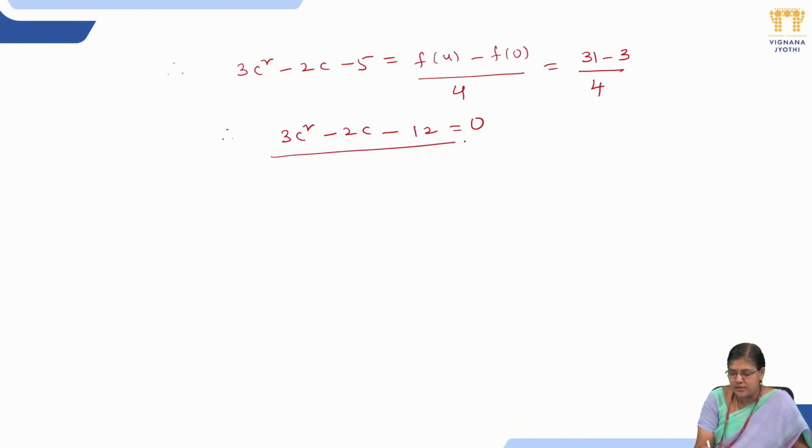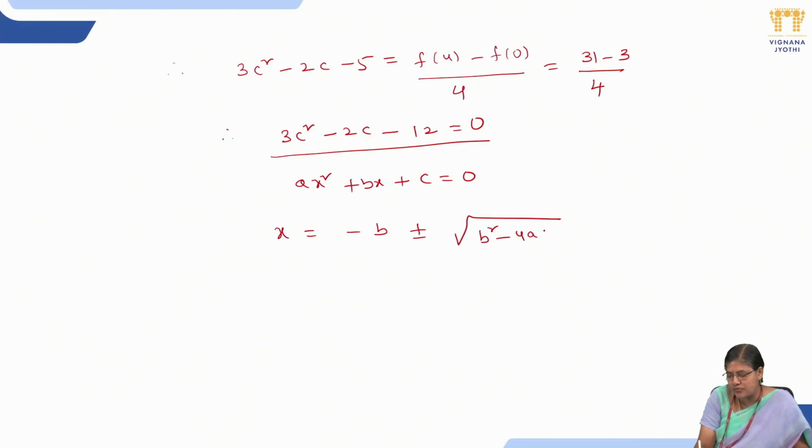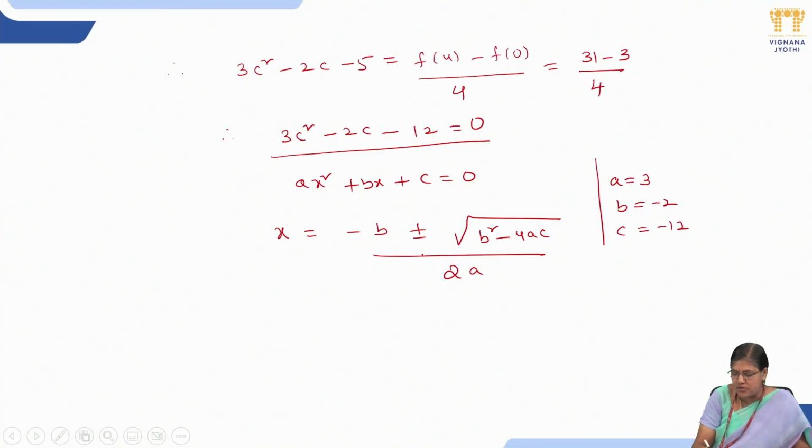So, this clearly represents a quadratic equation of the form ax square plus bx plus c is equal to 0. The roots of this quadratic equation can be calculated by using the formula x is equal to minus b plus or minus square root of b square minus 4ac by 2a. Here a is 3, and by comparing, b is equal to minus 2, c is equal to minus 12. Substituting and simplifying,